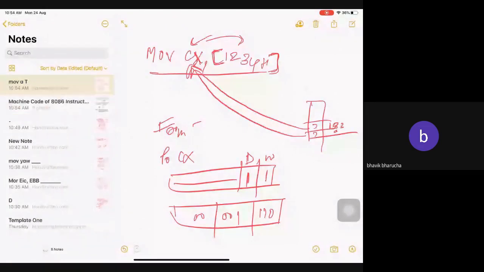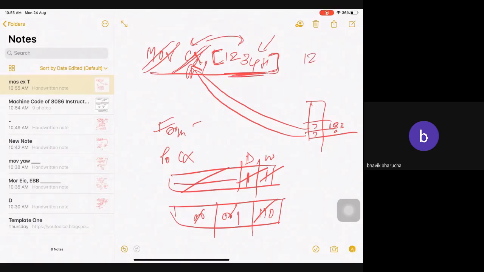The problem is we have to inform our assembler that we are going to use the CX register and the move instruction. That is clear. The 16-bit operation is clear. It will be some address, that is also clear. But our assembler doesn't know the actual address. So I need to tell my assembler that I want 1, 2, 3, 4 as the address. So I need to use 16 more bits to tell my assembler.